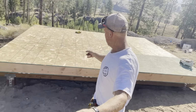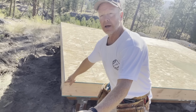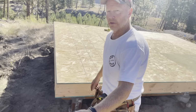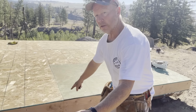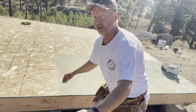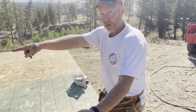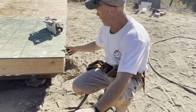Okay, I have it all dry fit in. I'll show you what I did here. I left about 3/4 of an inch shy on this end so that I could split this joist in the middle. That way each sheet has something to nail to. So what I'll do, because I'm 3/4 of an inch shy over there, 3/4 of an inch proud over here,